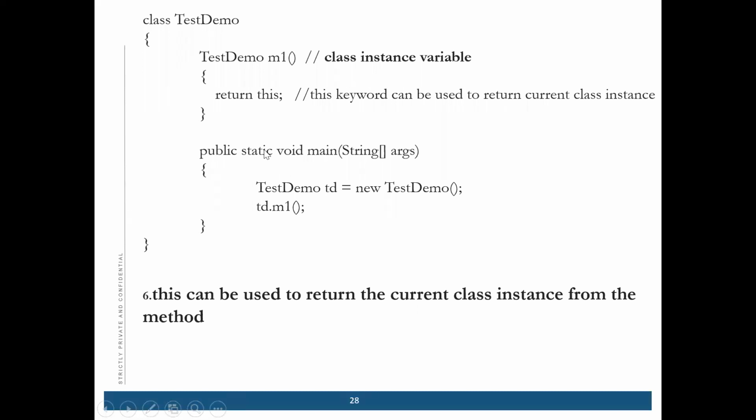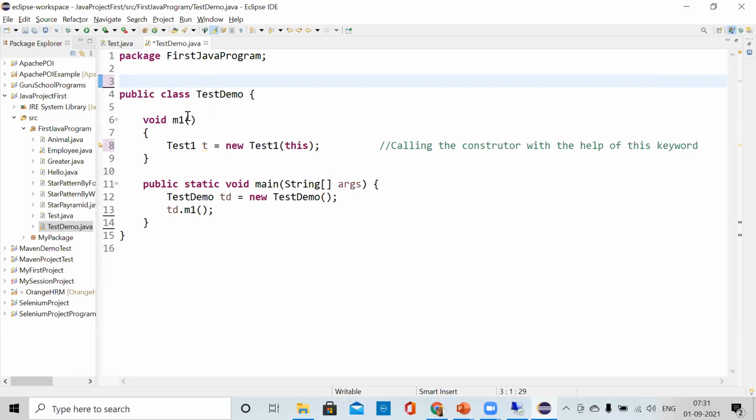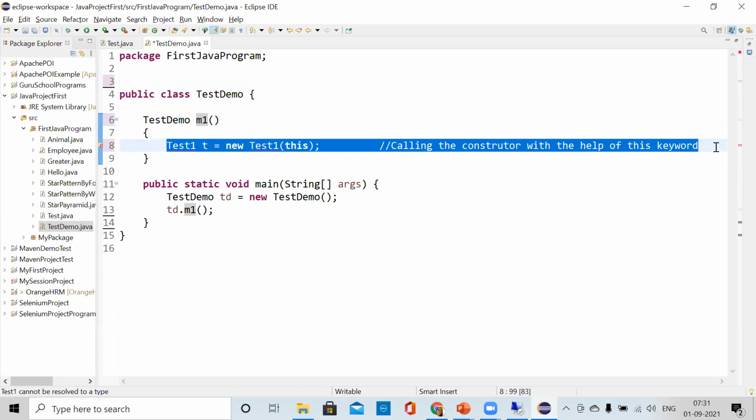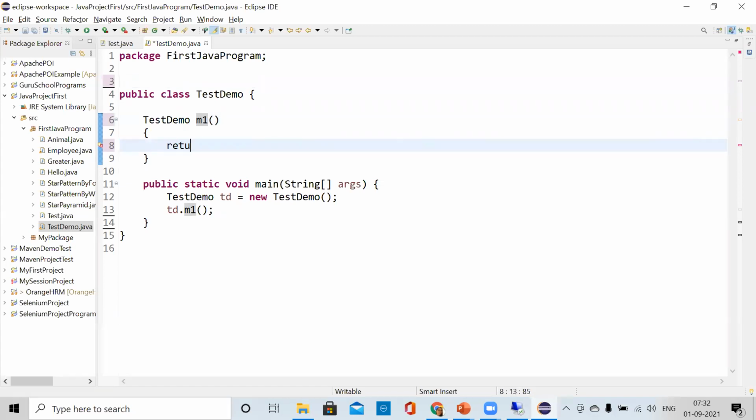The main method is in here only. Test demo. So there is one M1 method which has a return type as test demo. Okay, and then what will happen is we can return this. Right?